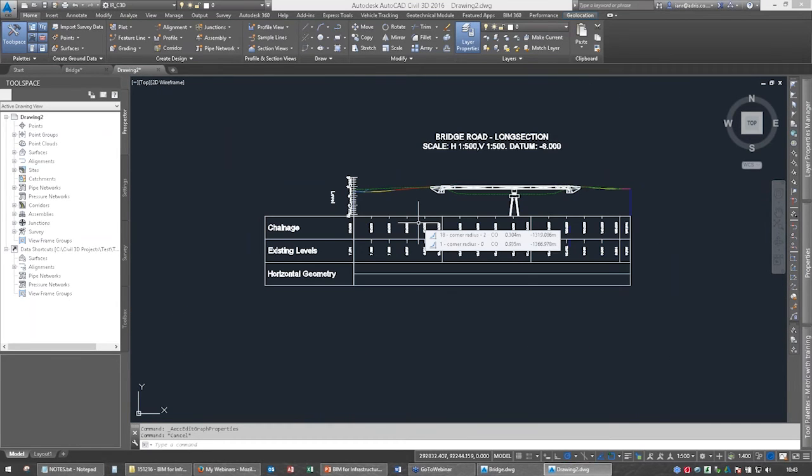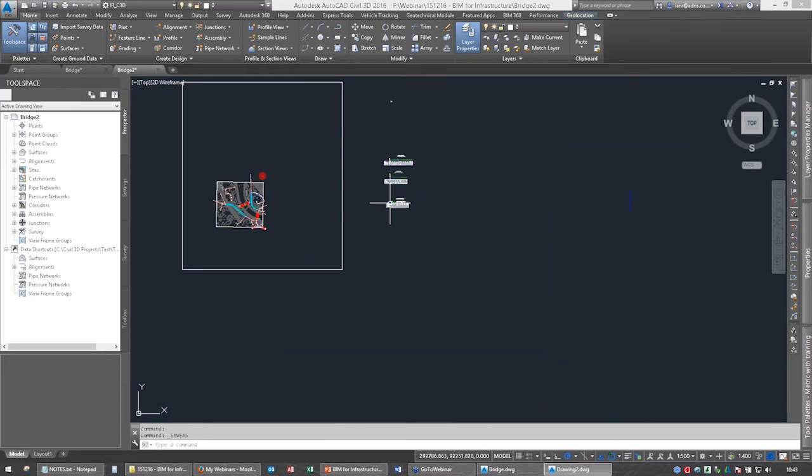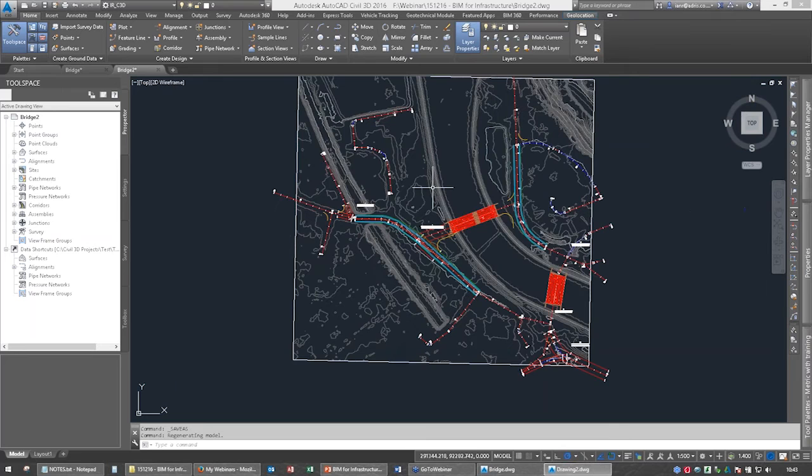Okay. So once you've done that, look at that. I haven't even saved the drawing. Should have saved that drawing. I'll just do a save as. I'll call it bridge 2. Save. Okay, and then when you've got your drawing all done, you can just drag and drop that back into Infraworks